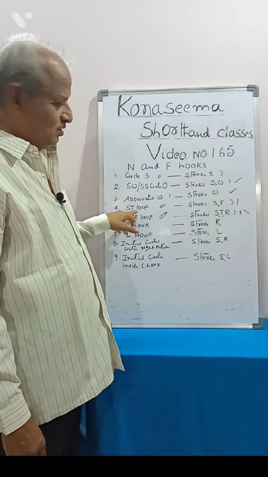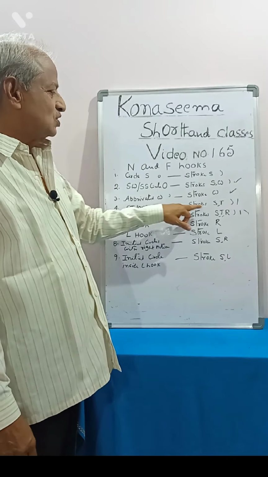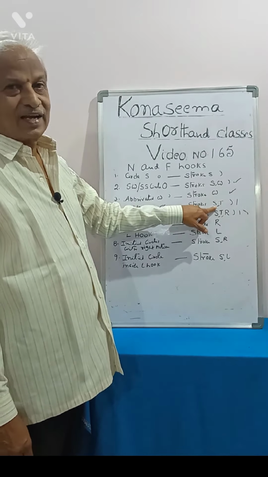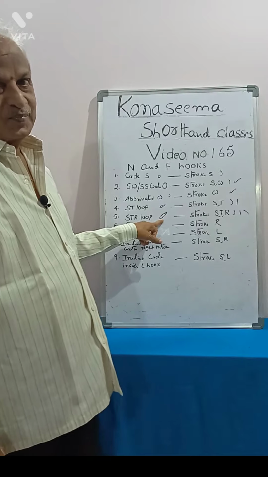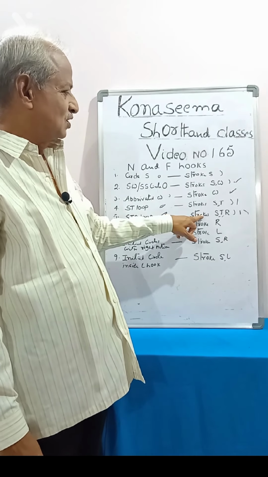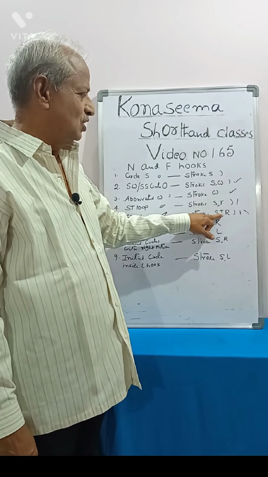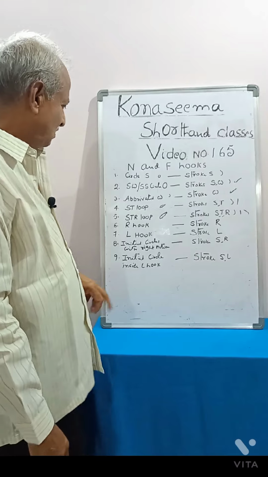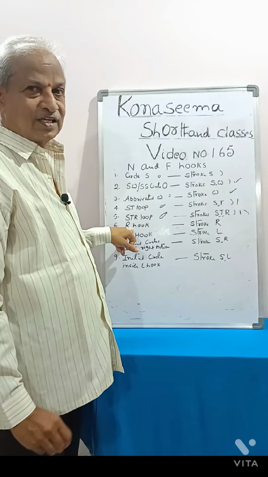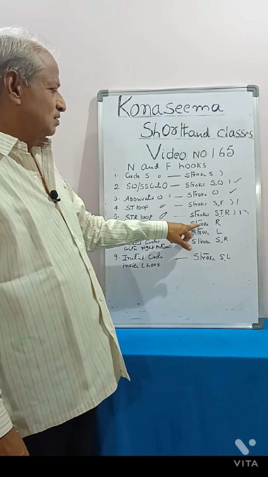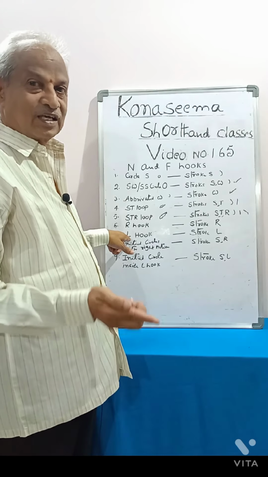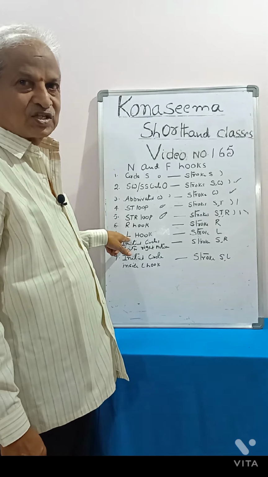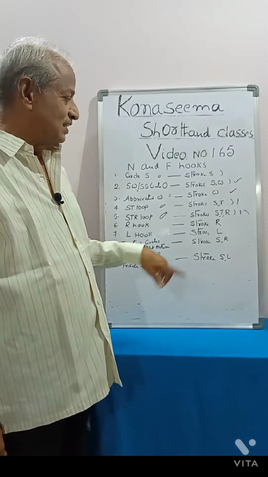Like that, T loop, this T loop is being used instead of stroke consonants S and T. Like that, stir loop, extending 2/3 of the stroke, is being used instead of writing the full stroke consonants S, T, R. Like that, R hook, we are writing initial hook to straight strokes instead of writing stroke consonant R. Like that, L hook, we are writing a hook with the left motion initially to the straight strokes and also inside the curves instead of writing stroke